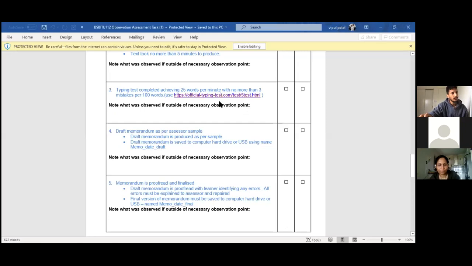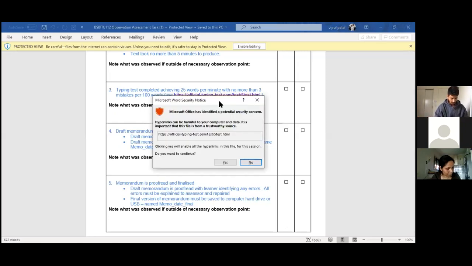Yep, that's the one. It says clicking yes, I don't know what it's asking. Microsoft Office has identified a potential security concern. You can click on yes, that won't be a problem. Clicking yes will enable the hyperlink in this file for this session. So yes.